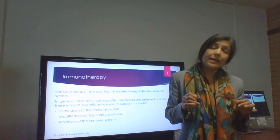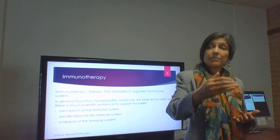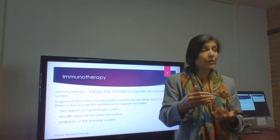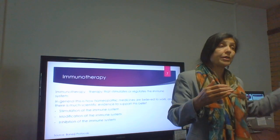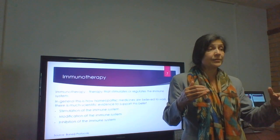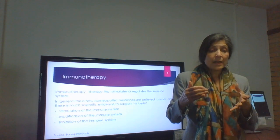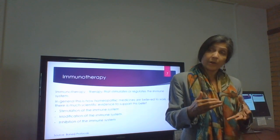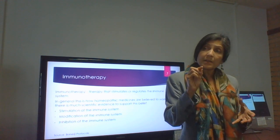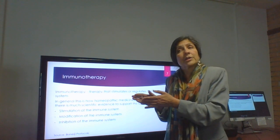So more is not necessarily good. A 1 million C potency is not necessarily better than a 2C or even an X potency, which is 10X, not in the hundreds of centesimal, but in the decimals. And so more is not necessarily better. What it's doing is very, very minorly stimulating the immune system and nudging it in a certain direction over